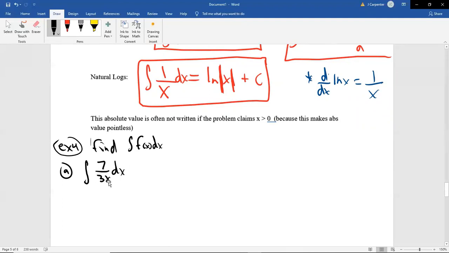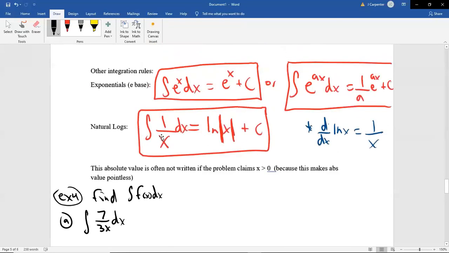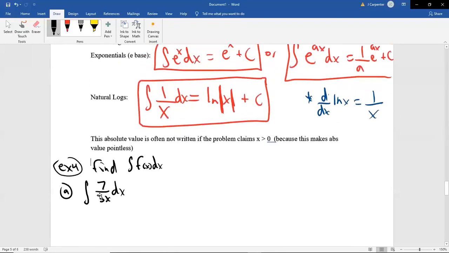If this was an x squared in the bottom, power rule. If this was an x to the 5 millionth, power rule. But because it's an x to the positive 1 in the bottom, this is not the power rule. This is the one and only one time you can't use the power rule. We have to use the natural log rule. But there's this 7 and 3 in there. If you don't understand that these are just going to be multiplied by the answer, you can show your work and bring them out of the integral. This is me saying the 7 and the 3 do not affect the integral. They're just constant coefficients. But now there's a 1 in the top because the 7's not there anymore. There's still the x in the bottom and the dx.